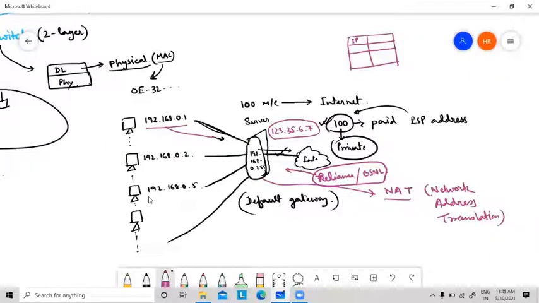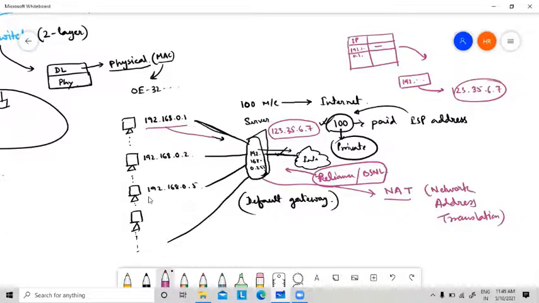Suppose the request is coming from 192.168.0.1, and what is the request number? It will send the data. Suppose initially the address is like this, 192.168.0.1, now it will be converted to 123.35.6.7.